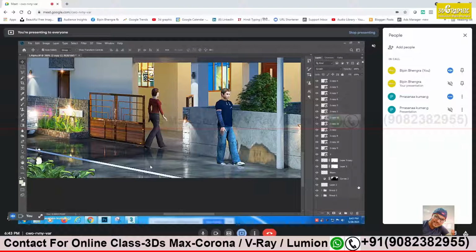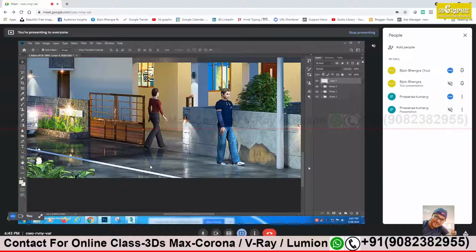Take one more layer and first make a group. Everything should be properly arranged. Make a group of all the extra layers that we have created. Yes, just group it. Take an extra layer for the shadows of all these human characters. Try to add a little bit of brush with a little dark color. Create that shadow. Shadow is needed. It's very important.